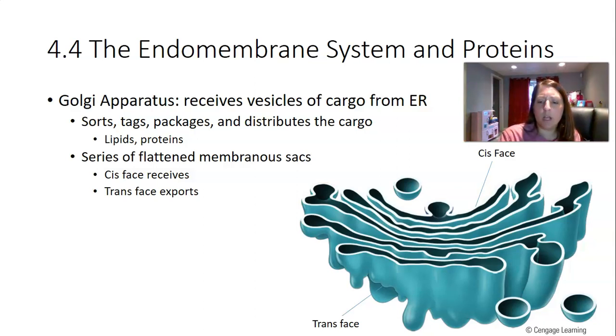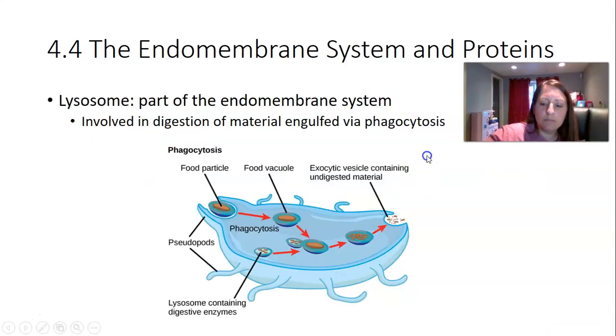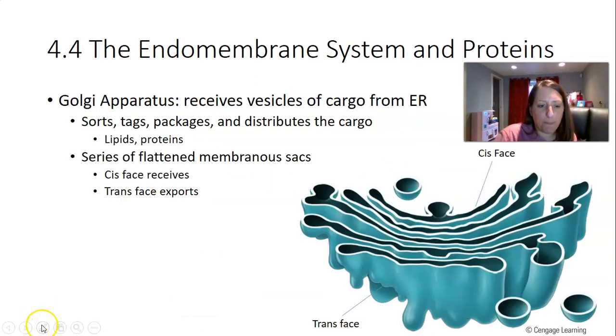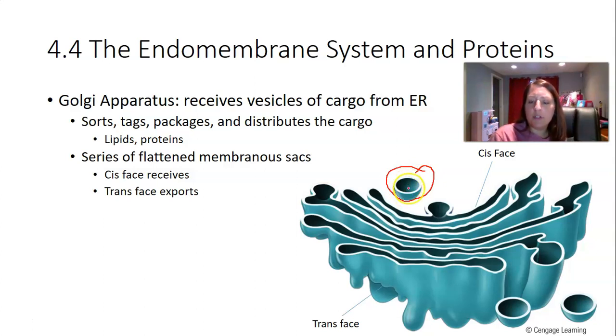Okay, that cargo is going to come from the endoplasmic reticulum packaged into these little things called vesicles. Again, proteins, lipids, carbohydrates, those are made in the endoplasmic reticulum, and they're going to be transported to the Golgi. So do you see this little vesicle? This would be coming from the endoplasmic reticulum filled with whatever cargo it is, proteins, lipids, carbohydrates. It'll travel through the cytoplasm, and then it will fuse with